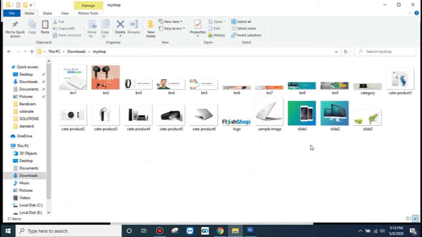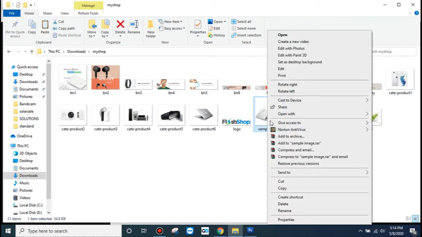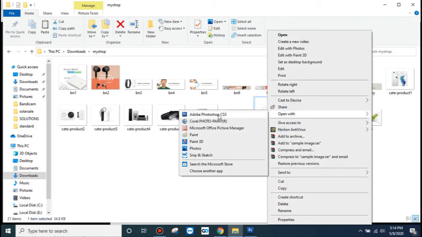I have saved it. This is the sample image, 800 by 800. Right click on it and open with Adobe Photoshop. If you don't have this software, you can get a copy from your friend. Click here and Adobe Photoshop will open.